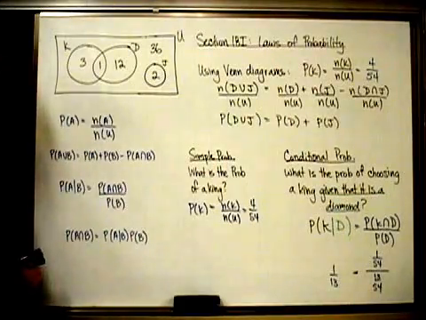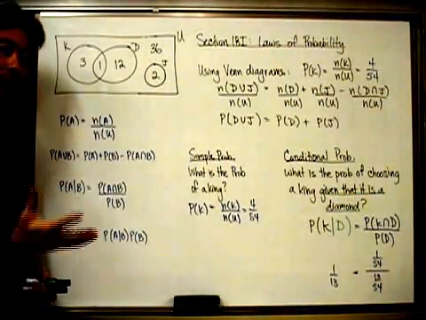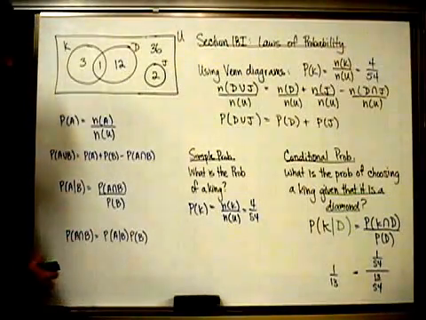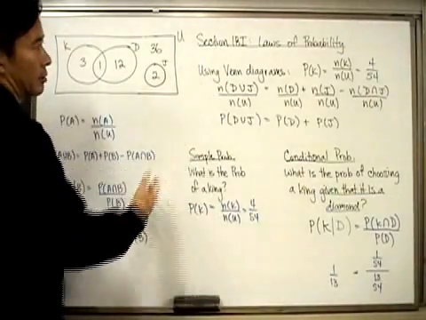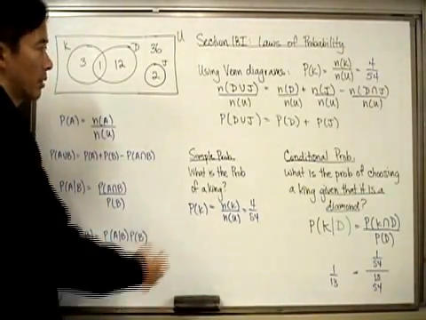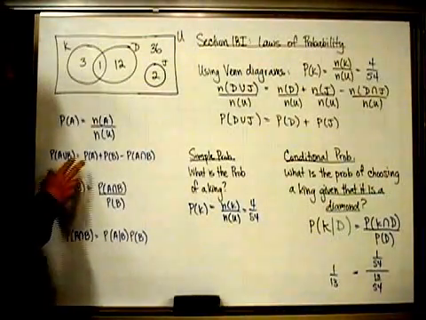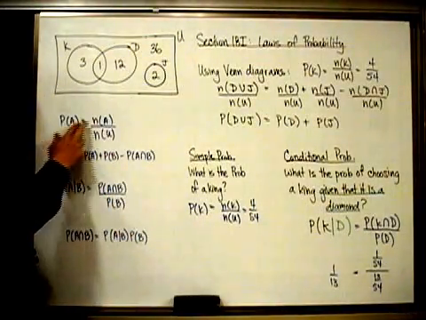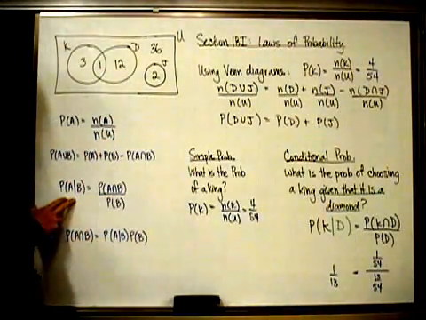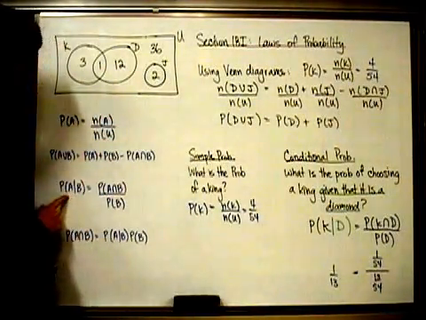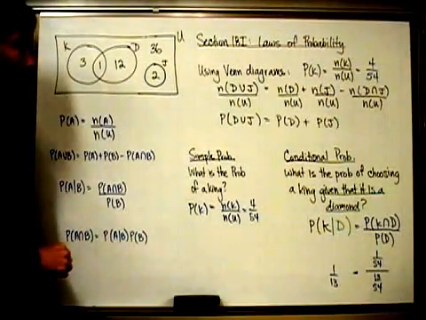Okay, so given that we can now use Venn diagrams, being that what we're doing is counting how many things there are, we can use those properties to show a couple of laws of probability. One of them is how to determine the probability of A union B. Also, how to determine the probability based upon the number of elements within the sets. And also how to calculate conditional probability with the probability of A given B. Okay, so there you go. That's section 18I, the laws of